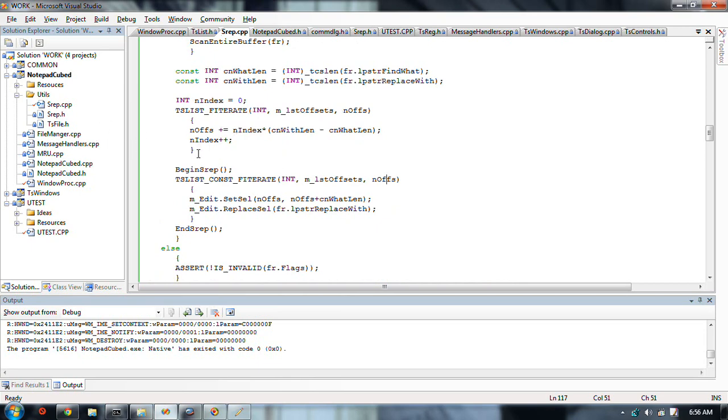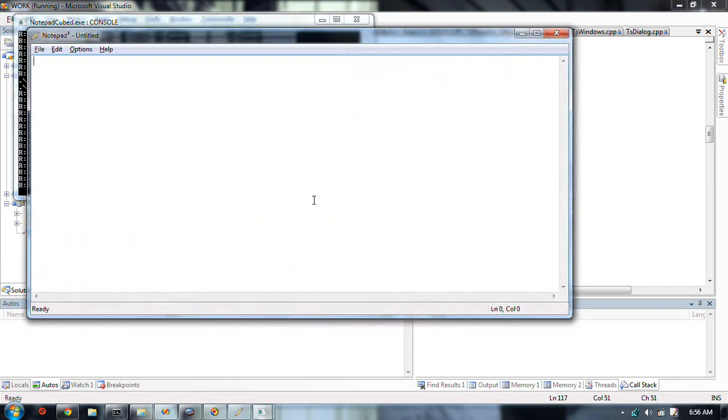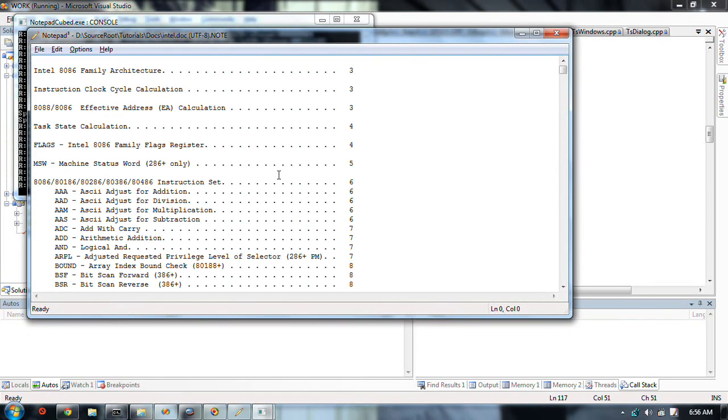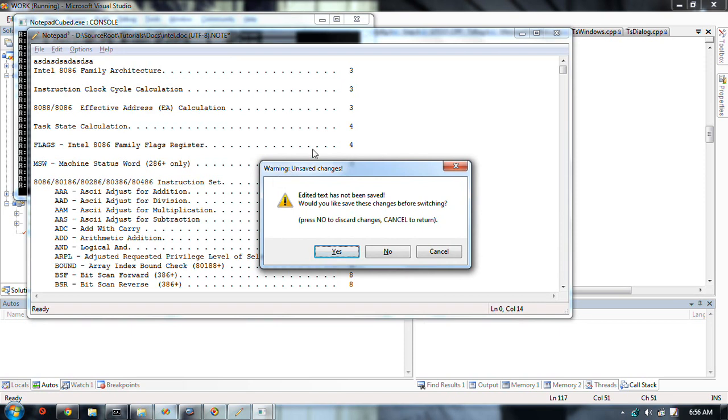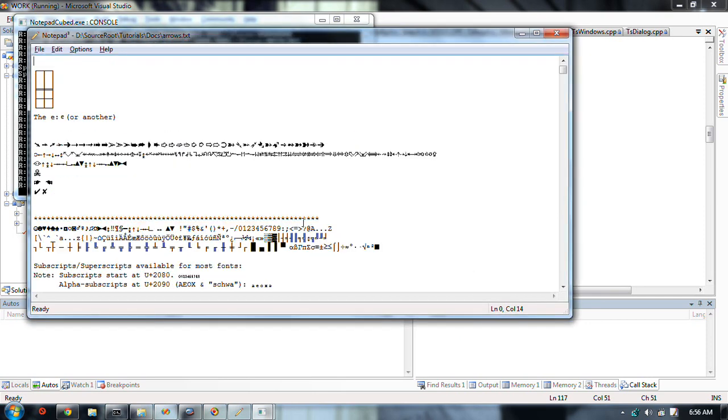A lot of other changes, a lot of the problems I was having, have to do with changing the file. I want these questions to come out. Do I want to change that? Do I want to save the change I made? No, I just want to switch. But of course,